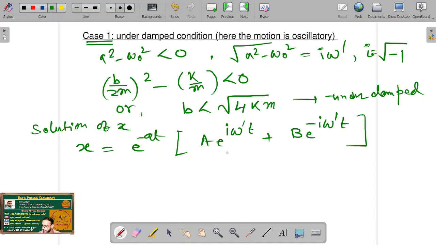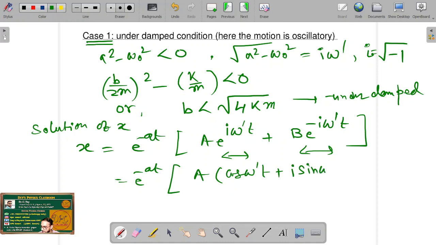Now if we expand it according to Euler formula, this exponential I omega prime t and exponential minus I omega prime t, then we get e to the power minus at in bracket a into cos omega prime t plus I sin omega prime t plus b into cos omega prime t minus of I sin omega prime into t,